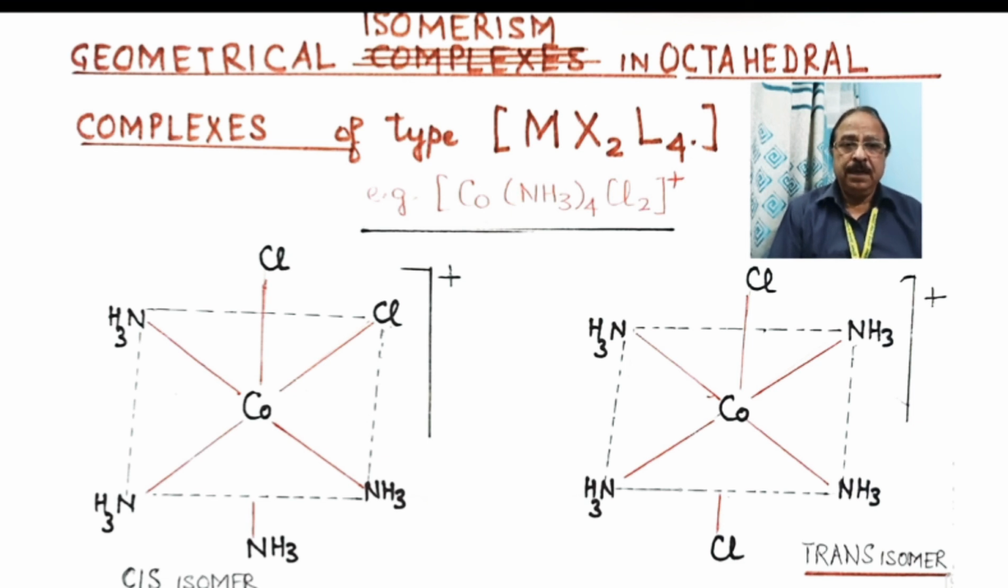One is present above the cobalt atom and another one is present below the cobalt atom. And the 4 ligands are directed towards the 4 corners of a square. So this is the trans isomer. So what you have understood is geometrical isomerism, that is cis and trans isomerism, shown by complexes of type